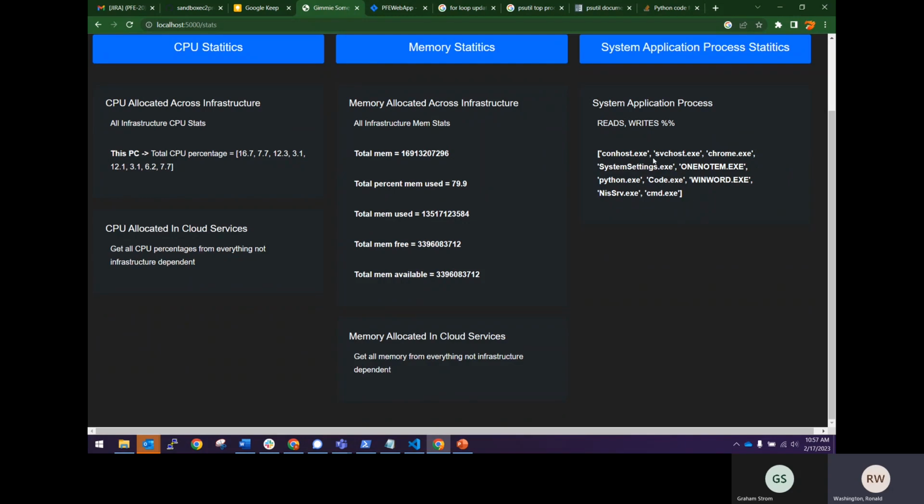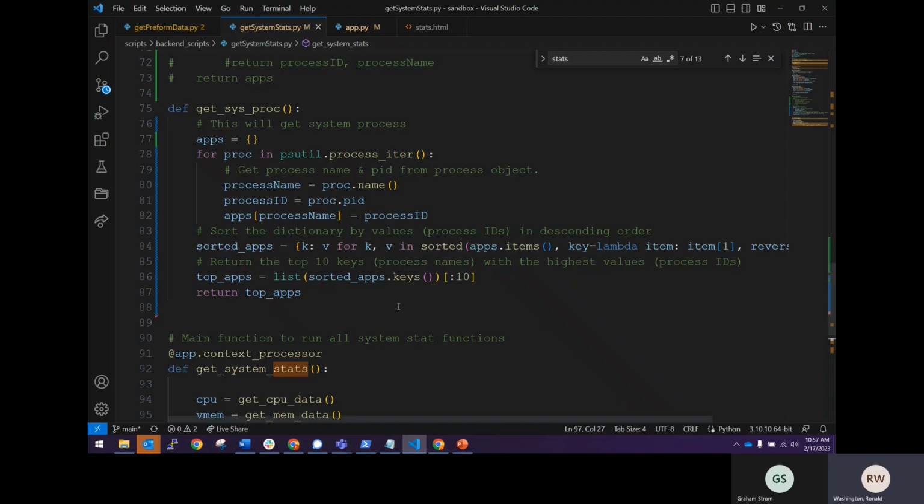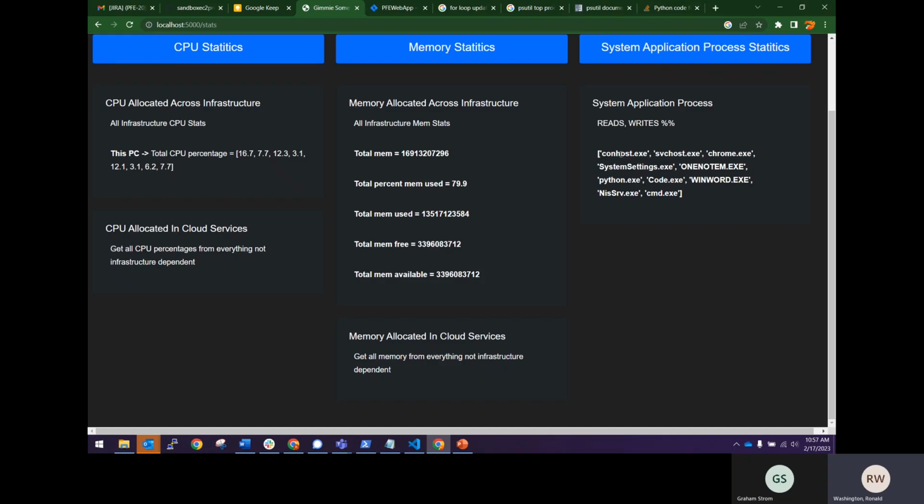So what we're missing is just the, well, let's go back. Well, we can add it in there. How was Chrome not number one? What was number one? It wasn't even conhost. OneNote, Word, and then Python, of course, code. That makes sense. But yeah, you're right. So is conhost